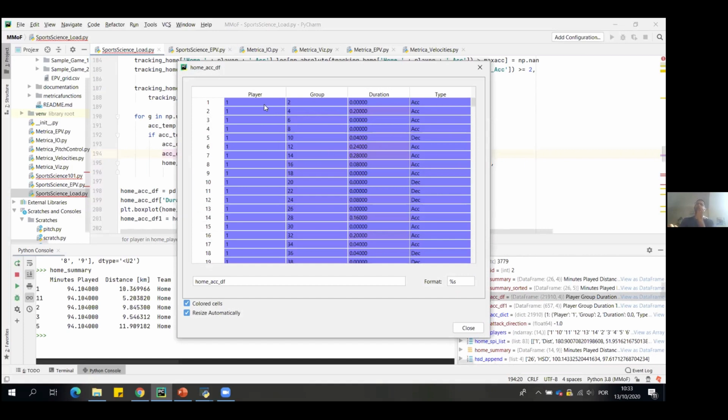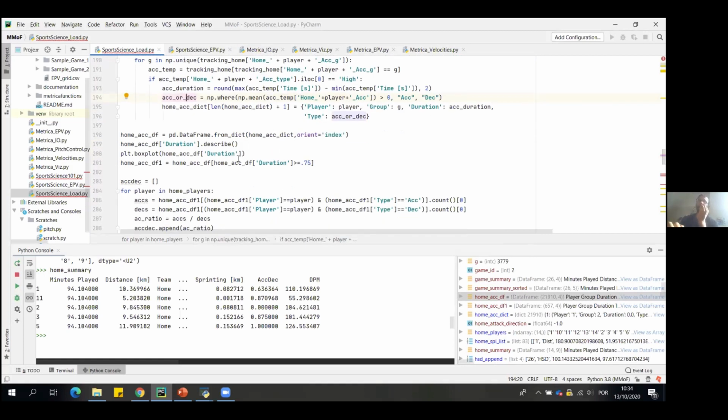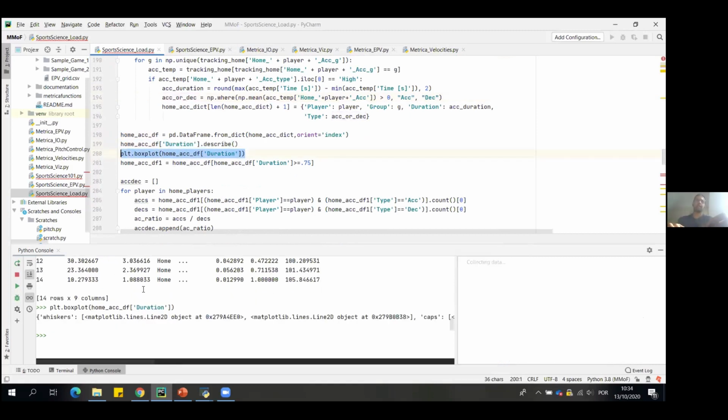like this one. So we have for each player, we know what the group was, group 1, 2, 3, whatever, and we can figure out if it was an acceleration or deceleration. And here we're only just looking at the groups that were considered high. So they were accelerations happening at +2 meters per second squared. And then we calculate a box plot for this data for the duration. And what we see is